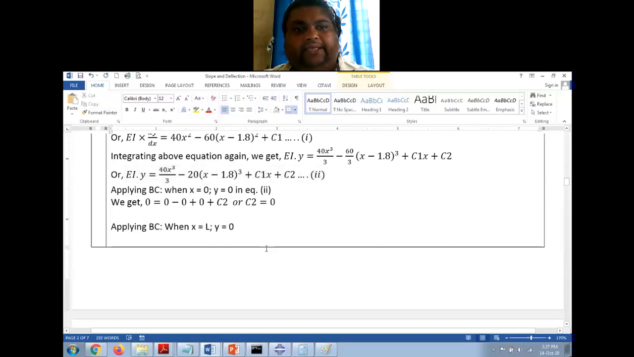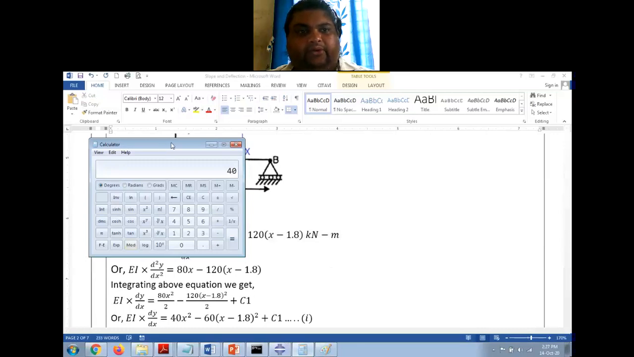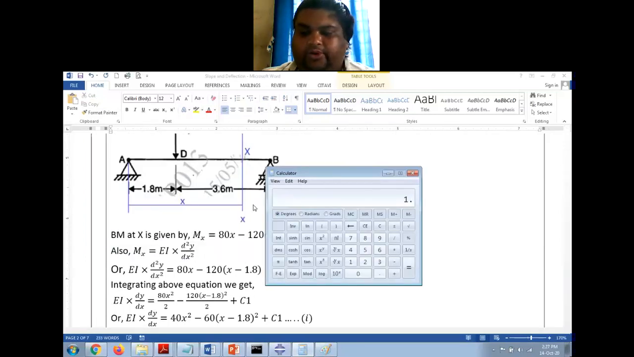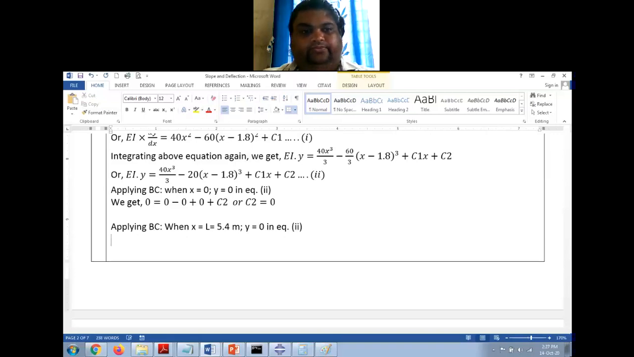Now put the value of x as L here. What is L? L is 1.8 plus 3.6, 5.4 meter, right? I am not trying to derive, I am trying to solve the numerical. So put the values. Now in this expression, I need to do it. So in equation 2, what do I get? We get